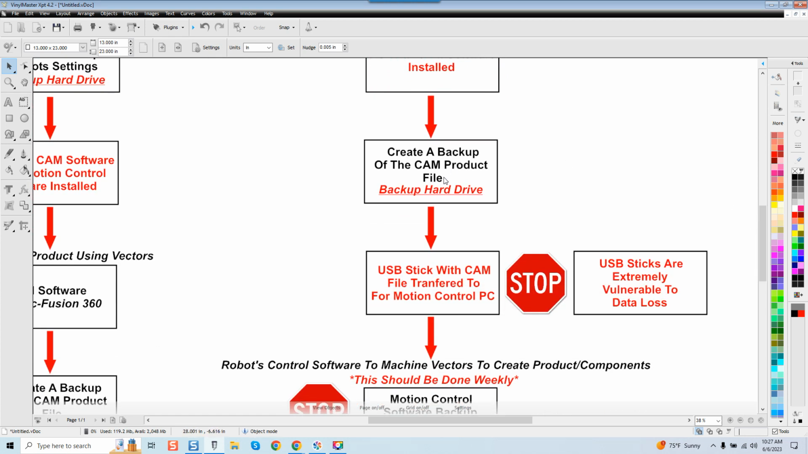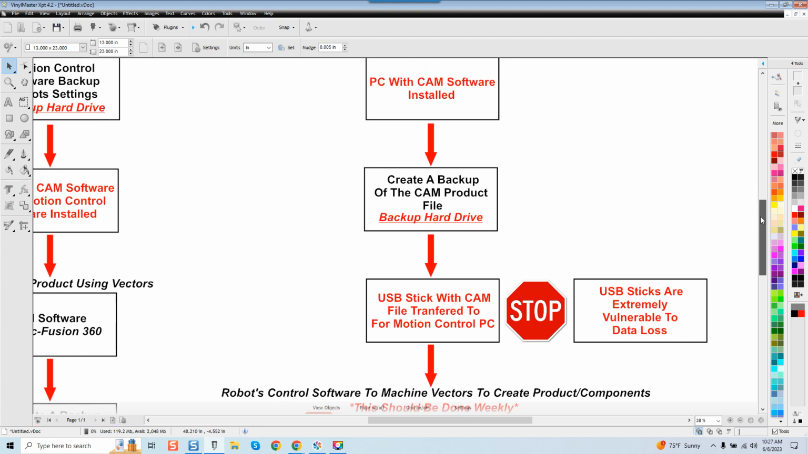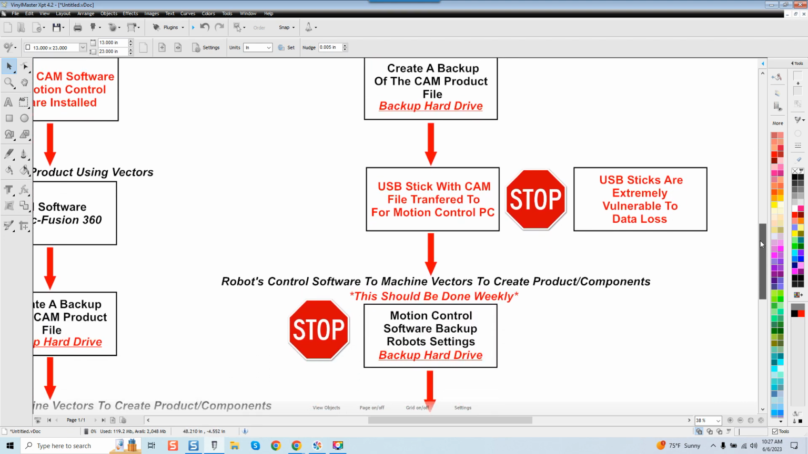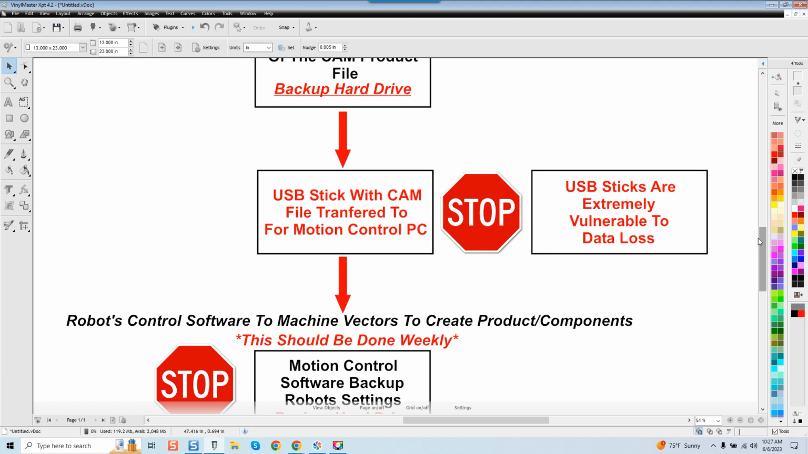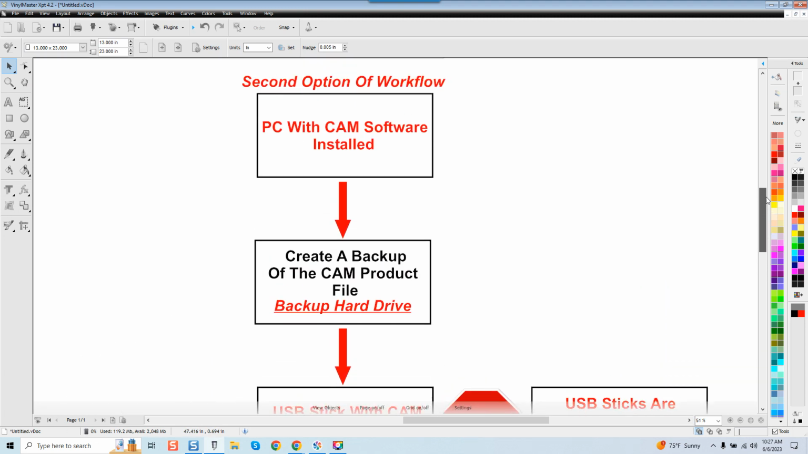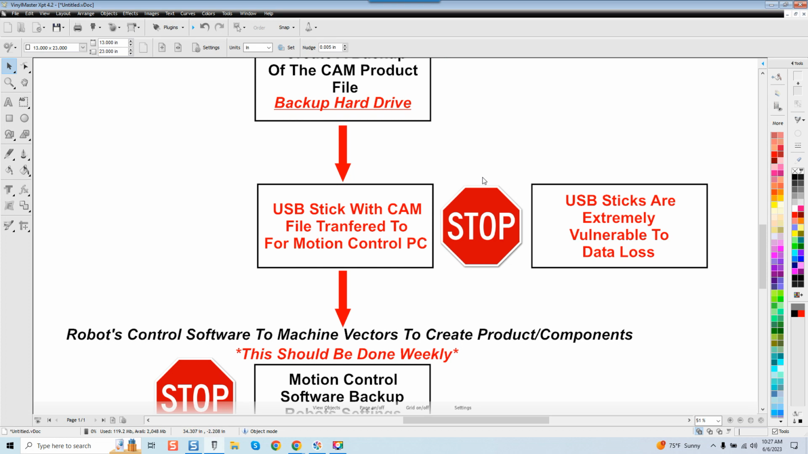Once again, you've created a backup of the CAM product file on your backup hard drive. Why is that? Because we just discussed pretty much the same workflow. Here's where things get iffy. This particular individual will be using a USB stick with the CAM file transferred to it from the motion control PC. So what's happening here is essentially we are going to transfer that file we've created with our CAM software to